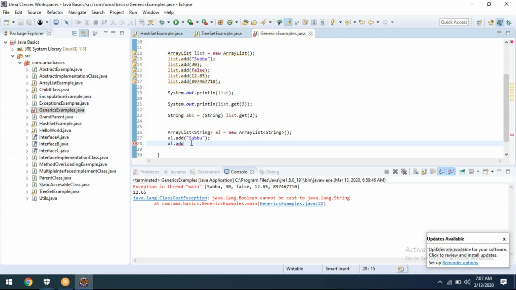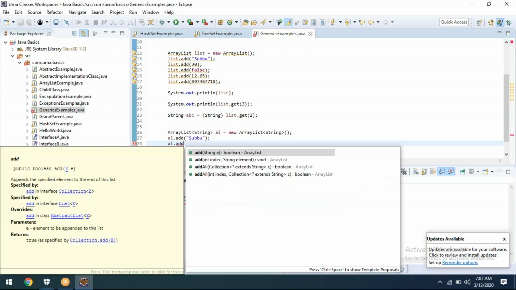Now, while using the array list, what we need to understand is what we need to add: a string. The difference is earlier list dot add, now list dot add we are giving the same thing, but after using generics, there is a concept: it automatically filters and allows only strings.